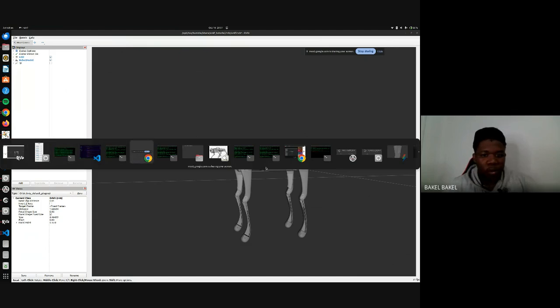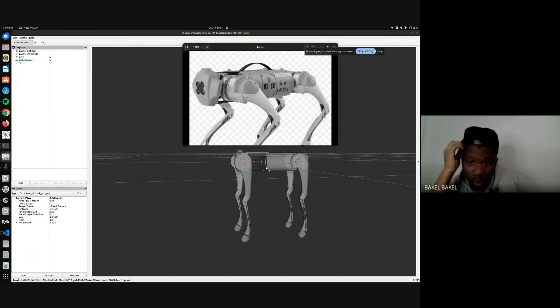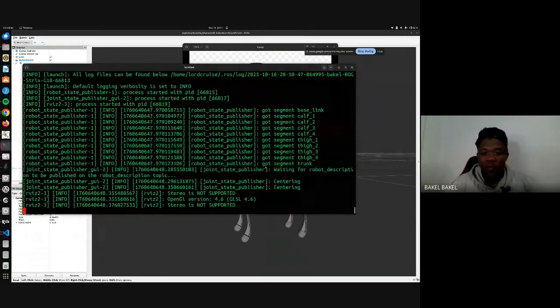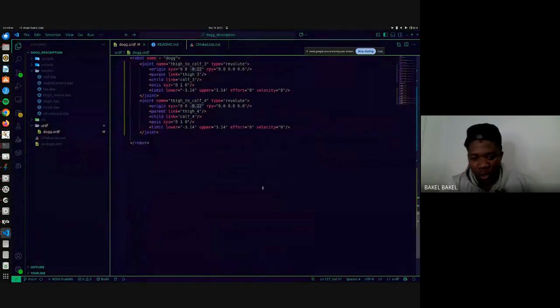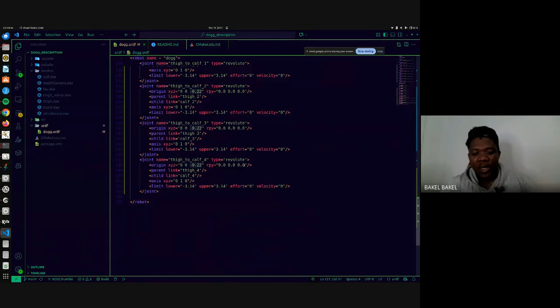So I would go over and, yeah, I think it's facing the wrong direction. It should be the other way. So instead of trying to move the legs around, I would just rotate it about the z-axis, because